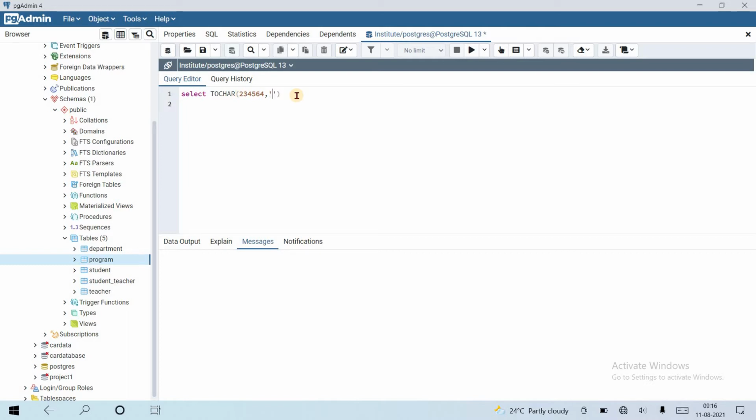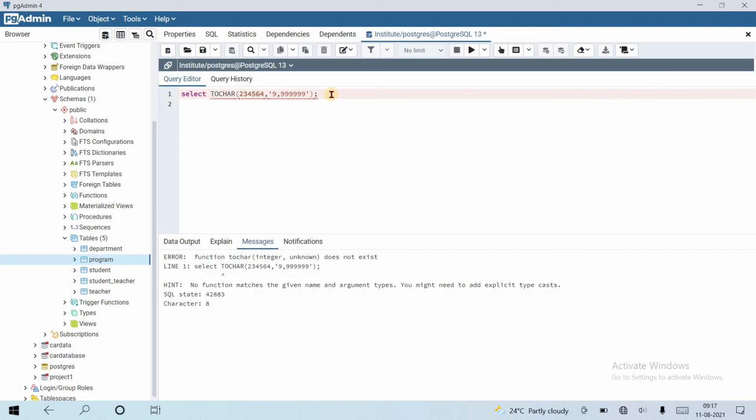The format is suppose 9, which is used for integer or numeric values, and suppose 9,999,999,999. Suppose this is the format. Let's see what is the output of this.